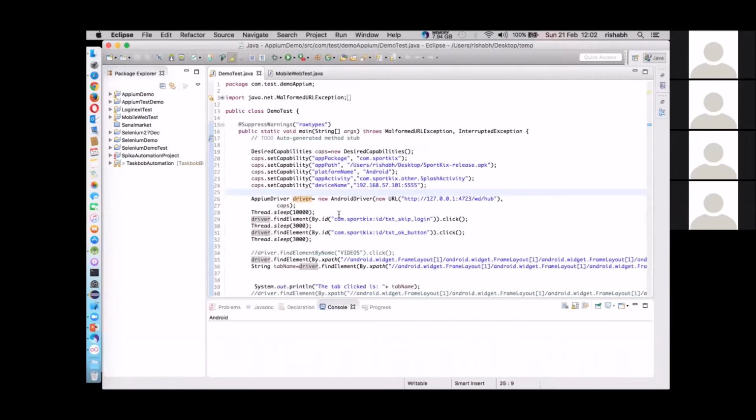The prerequisite will be, if you know Java, it will be good, because we are going to create this automation scenario using the Java language. Just the basics of Java. If you know how to create classes and objects, how to inherit objects, how to use those things, you are really good to go. There's not much to worry.